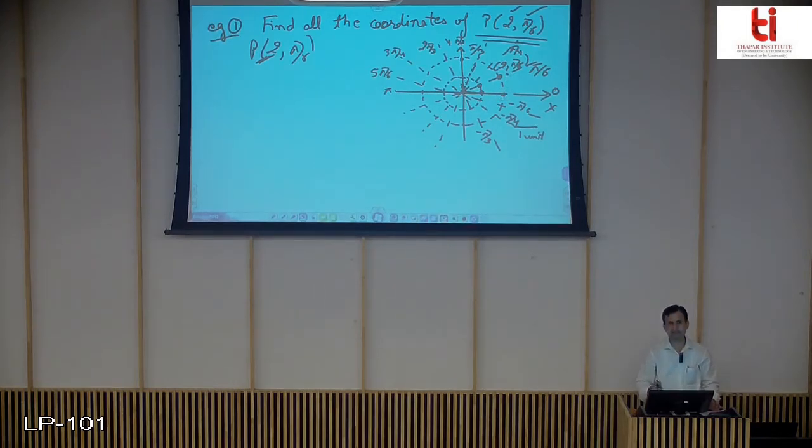For polar, first move theta, that is rotate yourself according to theta, clockwise or anti-clockwise, whatever is given. 30 is positive, so you must move in the anti-clockwise direction. You are now looking in the direction of 30 degrees. r is positive, so you will move in the direction of theta, 2 units. So you reach here, and this is your (2, pi by 6). So you can see that I am just plotting this.